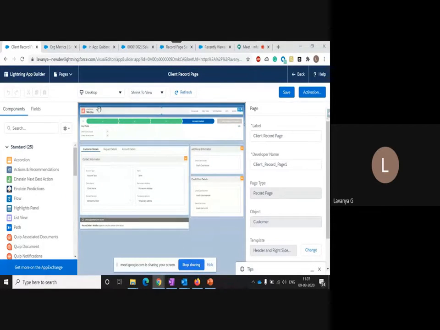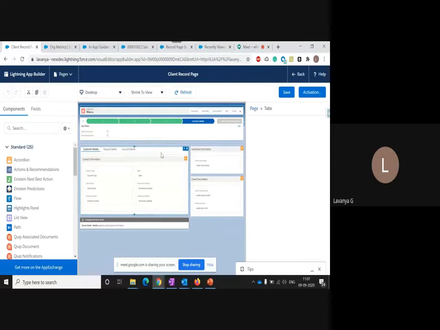But if you want to create a new section, you can completely wipe out these existing ones and you can create it from the scratch. Okay. So these are all the sections. You can hide the sections, you can hide the fields. The difference is once the dynamic forms are enabled, you can see two differences.